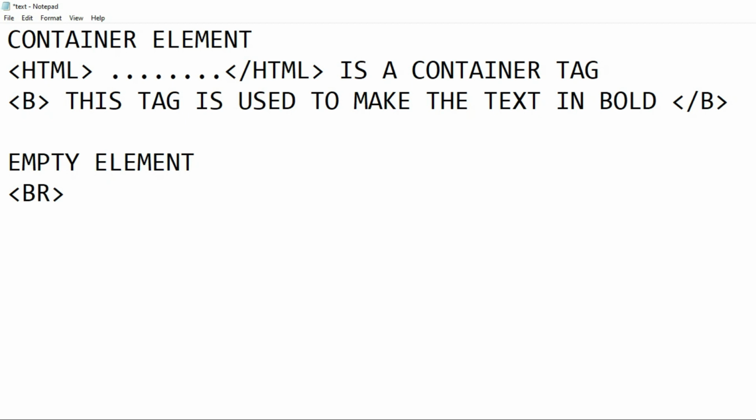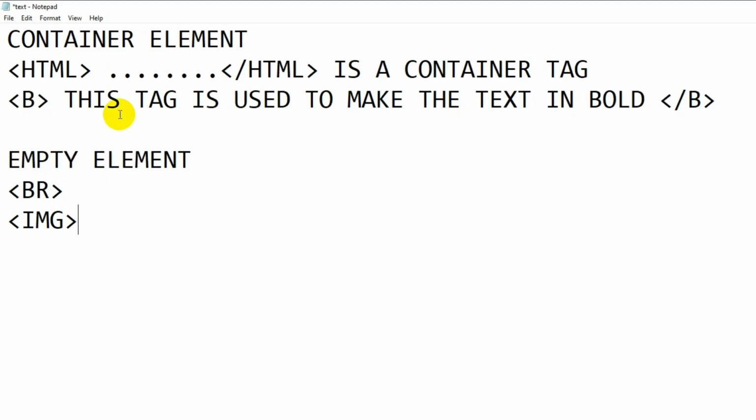One more example, img, this tag is used to insert an image on the web page. This also requires just an opening tag, no ending tag. So these are a few examples of container elements and empty elements. We have understood that a container element requires both starting as well as ending tags, and an empty element requires just an opening tag.